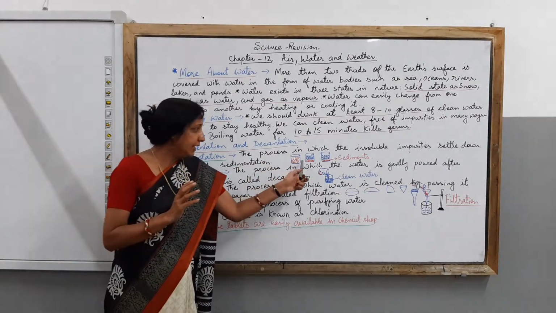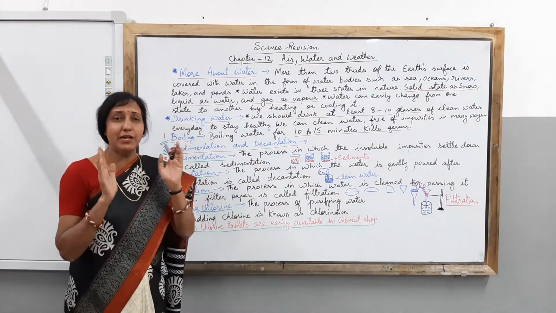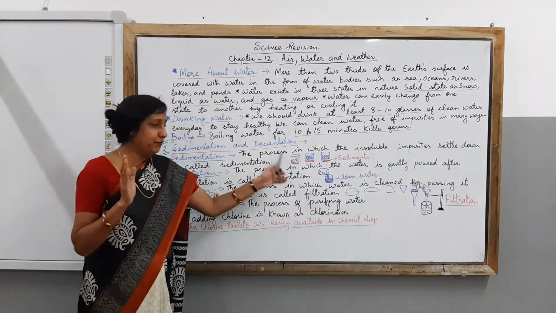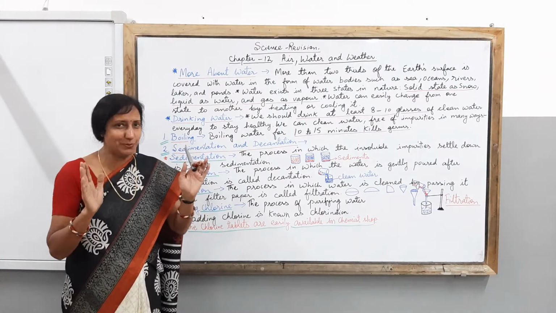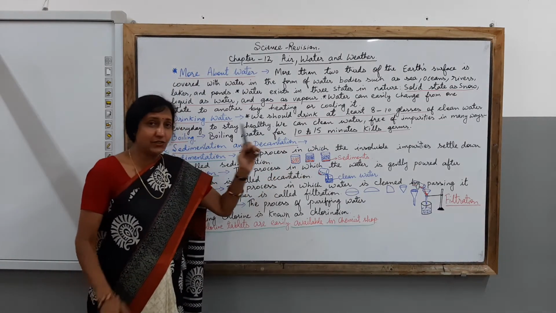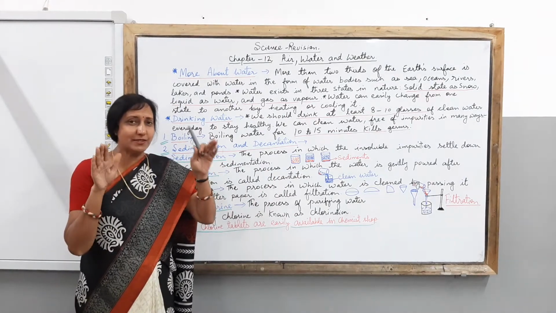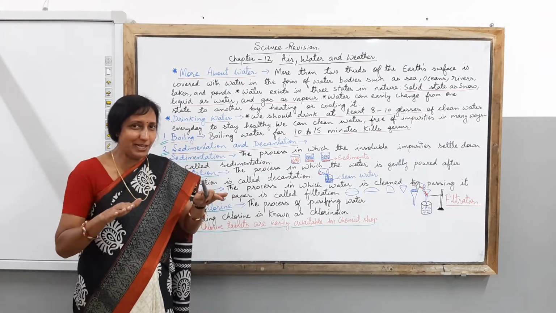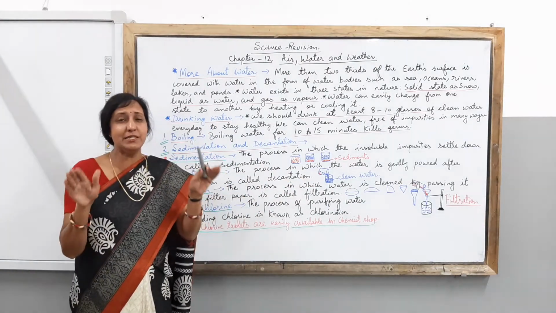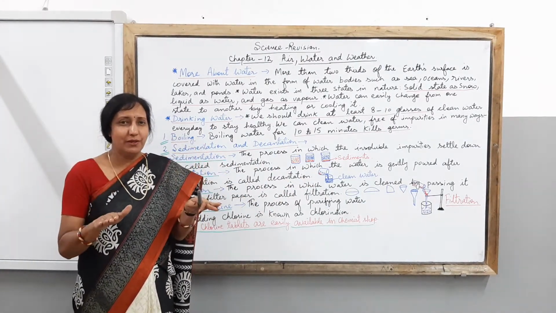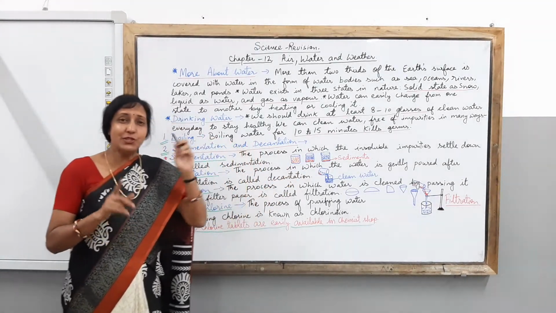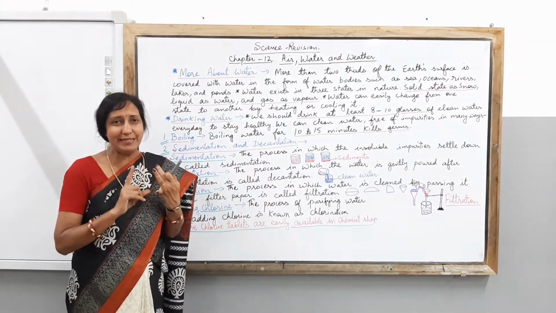Clear? Then children, you leave it for some time untouched, undisturbed. What will you see? Gradually the water settles all the sediments at the bottom of the container. And finally, after some time, you will find that all the sediments have settled down, and you get to see clean water at the top. So this process is known as sedimentation.